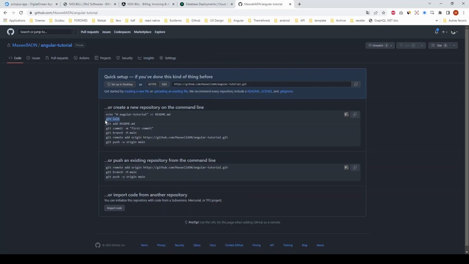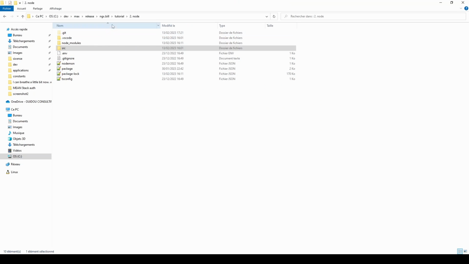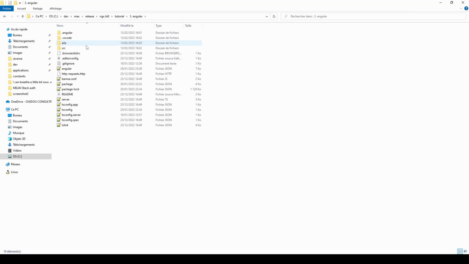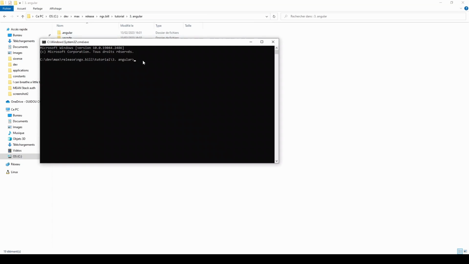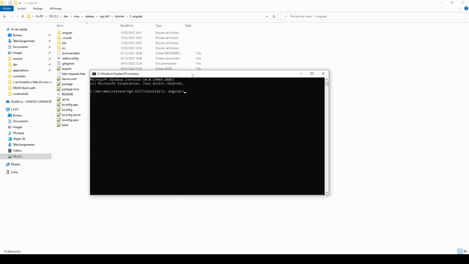So copy this command and go here to the Angular project root, open a command line on the project root. Before that you need to build the Angular project. You need to install all the dependencies used in the software. So basically, when you buy the source code, or you already have your Angular project,